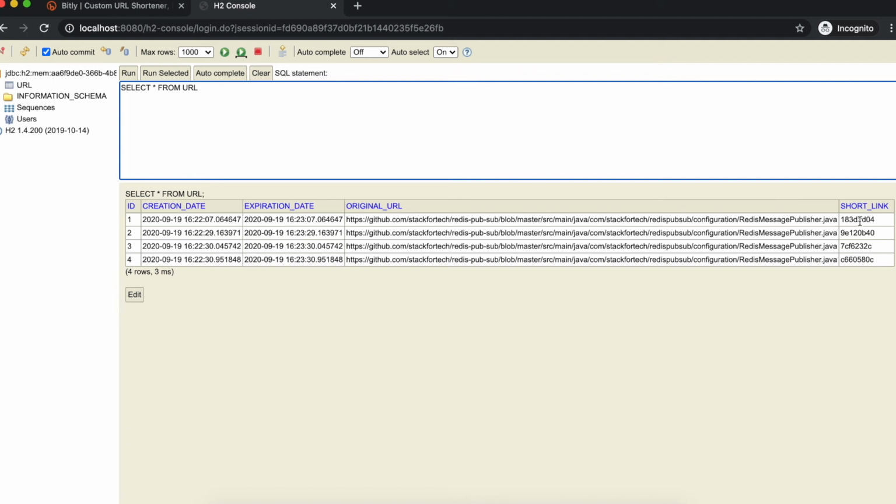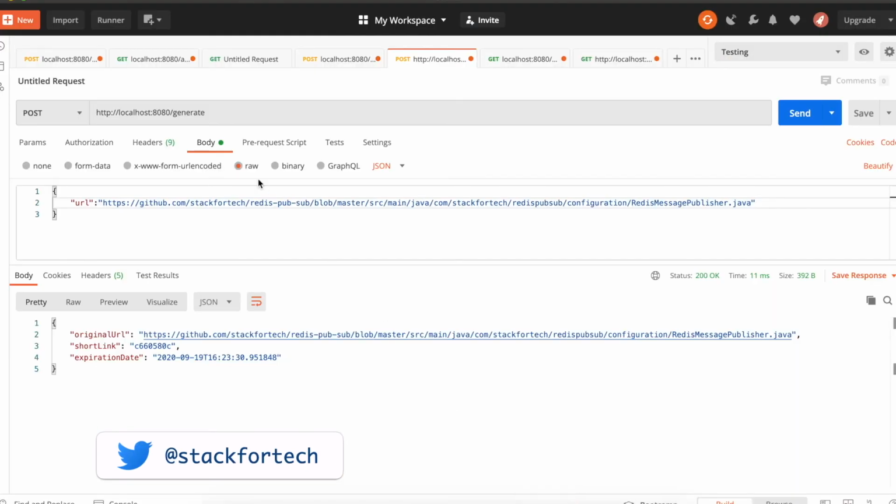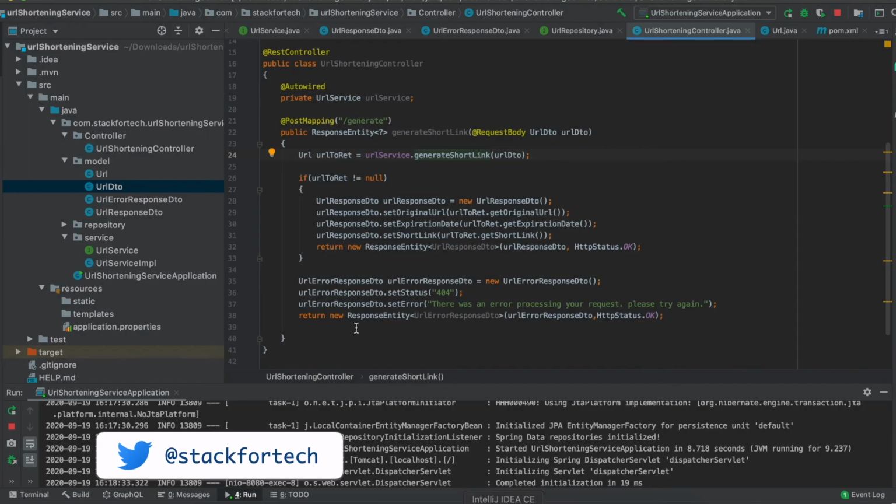As per our REST API, now we have to create two more endpoints. One endpoint will be for deleting the short link, and the other endpoint will be for redirecting the user. So let me go to the controller.